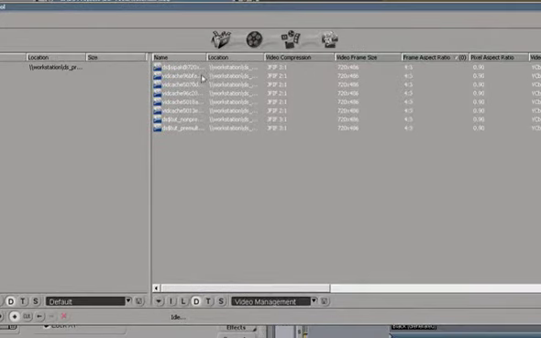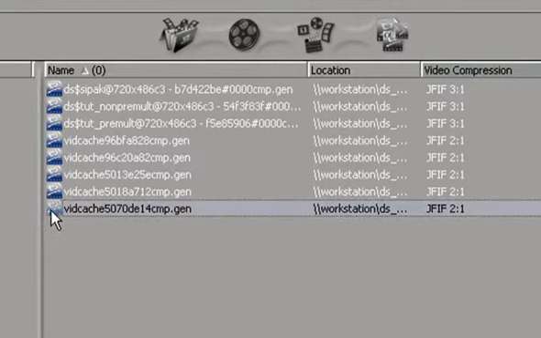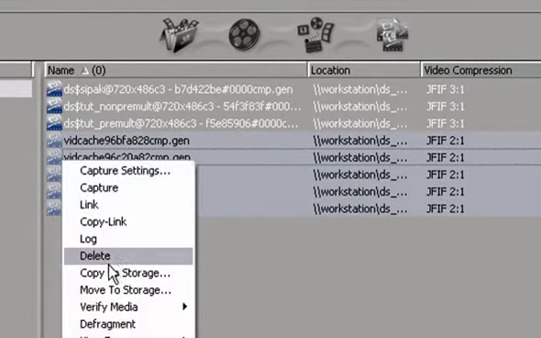The first column, name, if we sort by the name, you can see that it's easy to tell which files are caches and which ones are not. The files that have some sort of resemblance of a file name, like tut underscore non-premult, tut underscore premult, these are files. Video caches say explicitly vid cache, so if you want to sort out stuff by that and then delete video caches just by multiple selecting them and right-clicking and taking delete option, you can do that too.